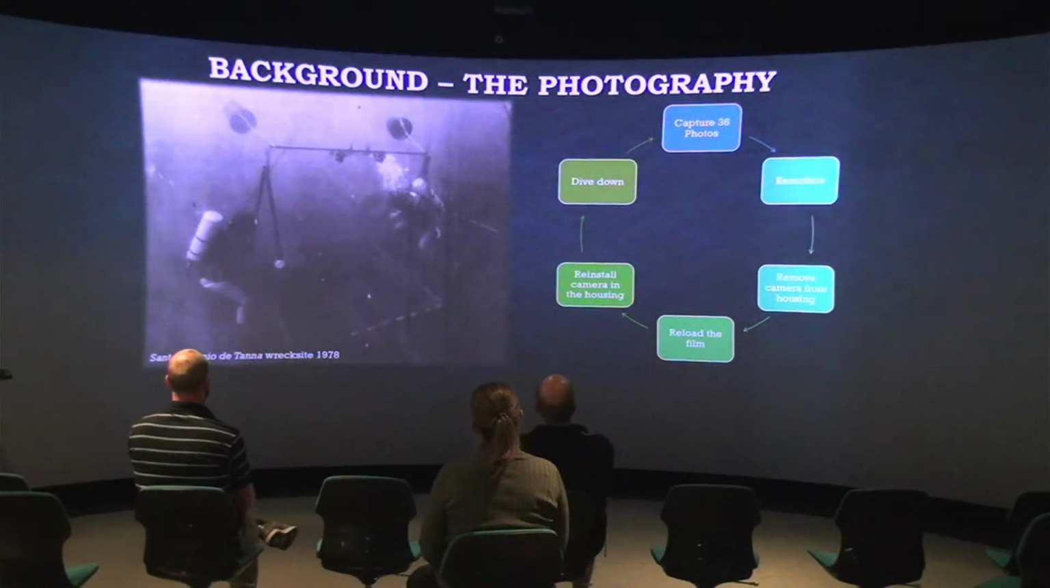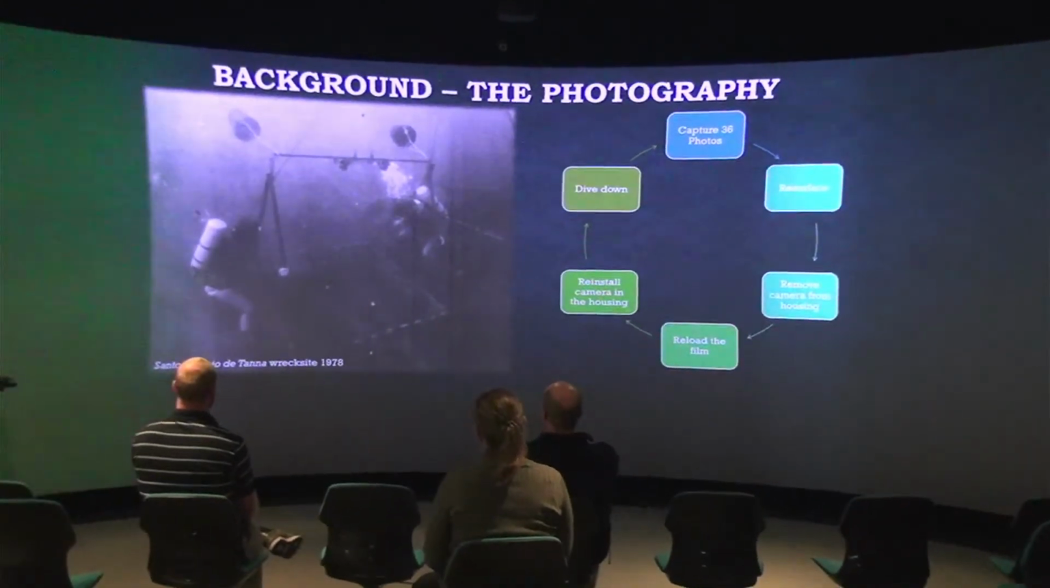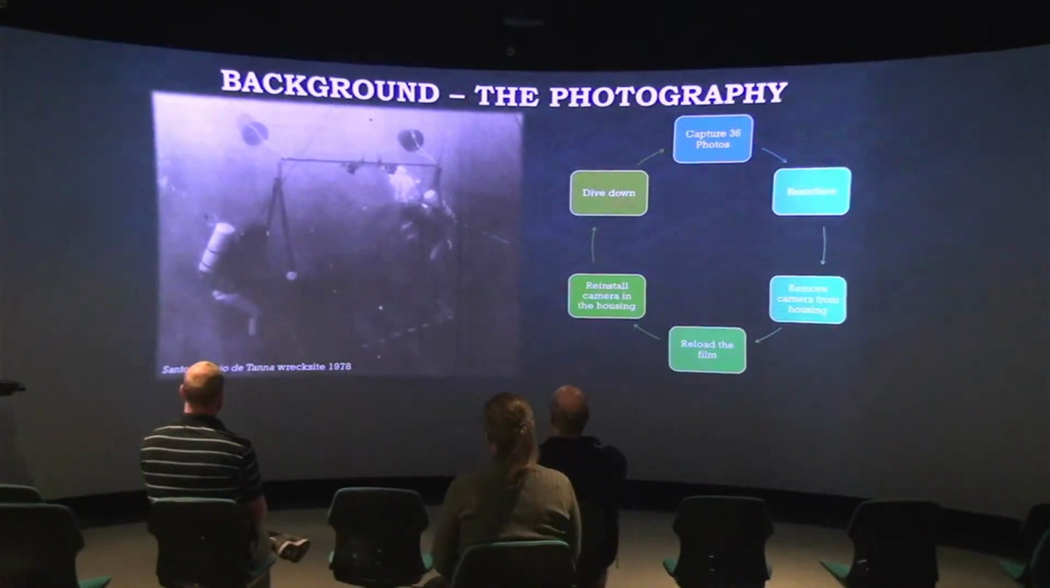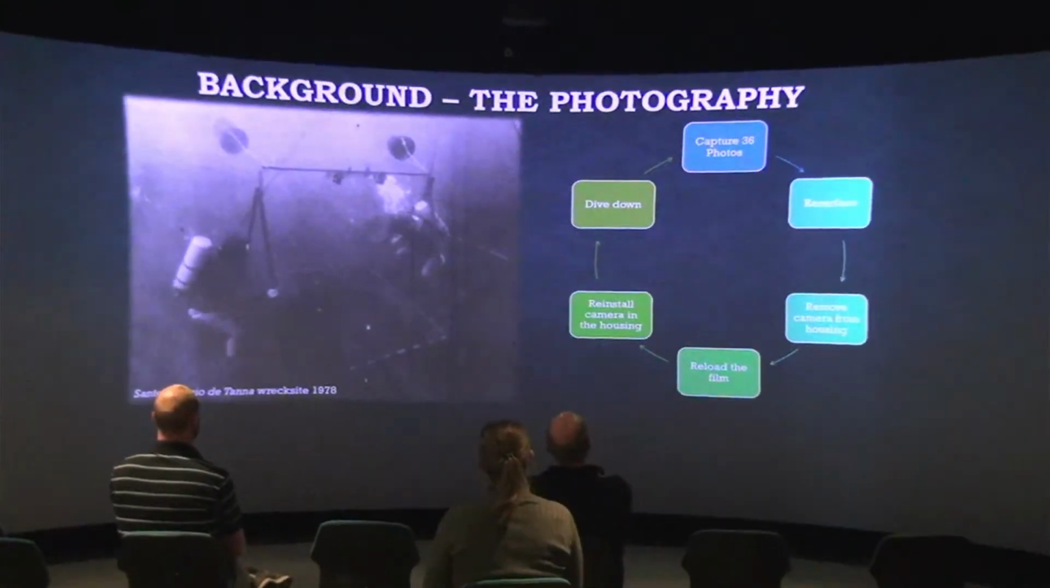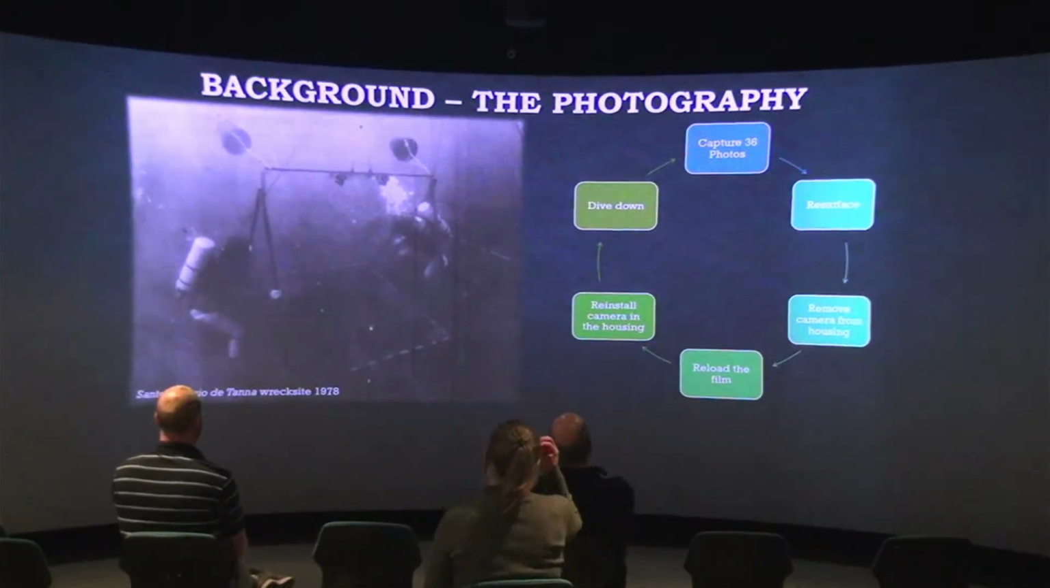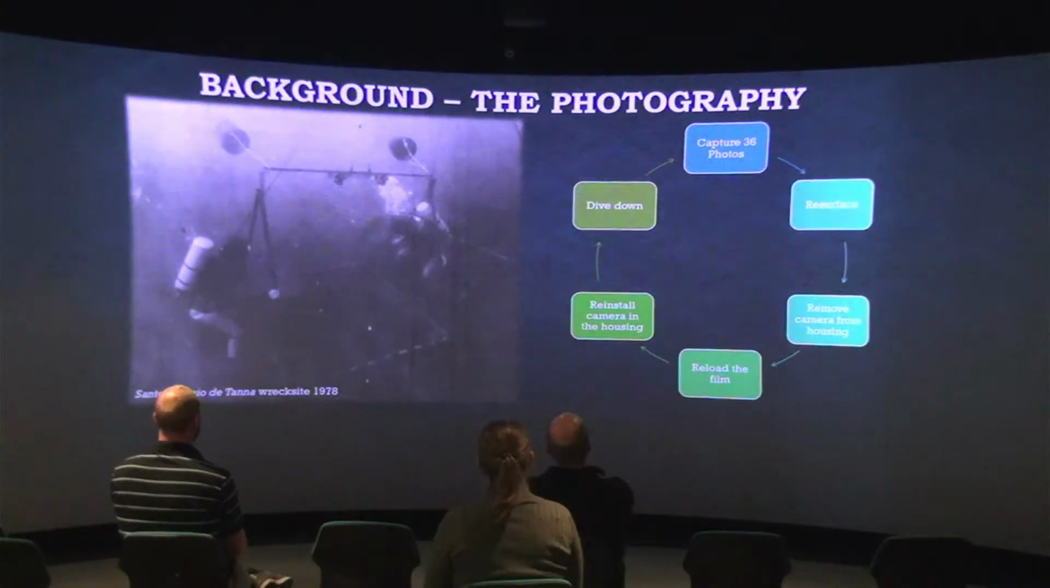So prior to the introduction of digital cameras, where thousands of images could be stored on an SD card, the process of using cameras underwater was rather finicky, to say the least. It's also quite time consuming. So film cameras were usually limited to a maximum of 36 shots per roll before someone had to swim back up to the surface,